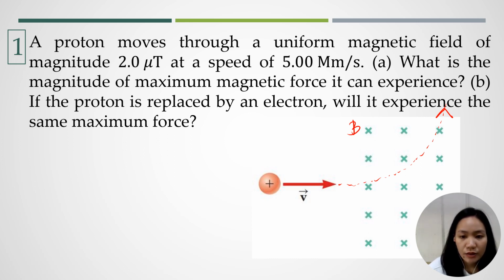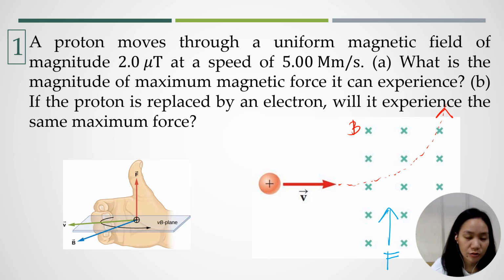So the force on this particle is directed upward. You can identify this through the right-hand rule. Again, remember the assignment of the variables in your right hand. So your hand must be oriented this way, right? The particle is moving to the right as represented by the four fingers. Your palm must be facing toward the screen because the magnetic field is into the screen, while your thumb is pointing up, which means that the force acting on the particle is going up. Okay?